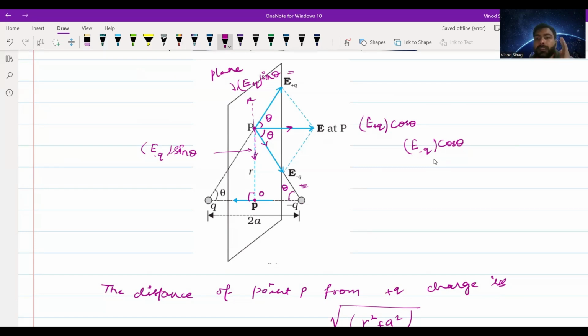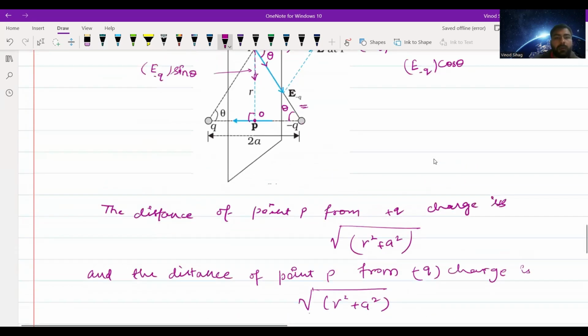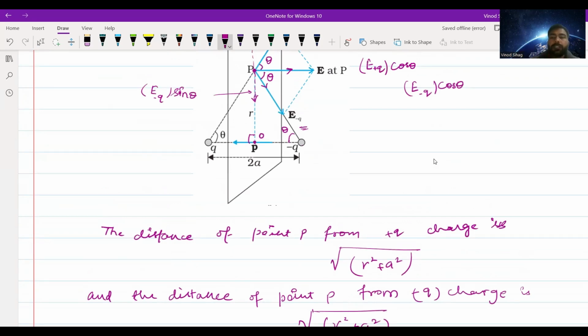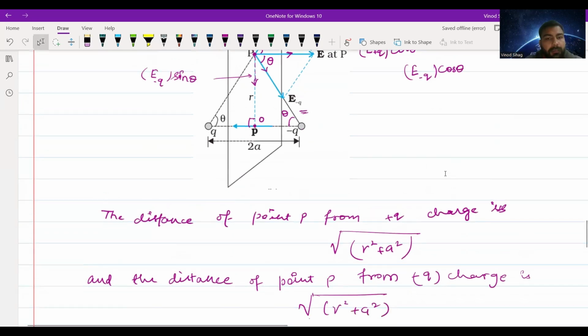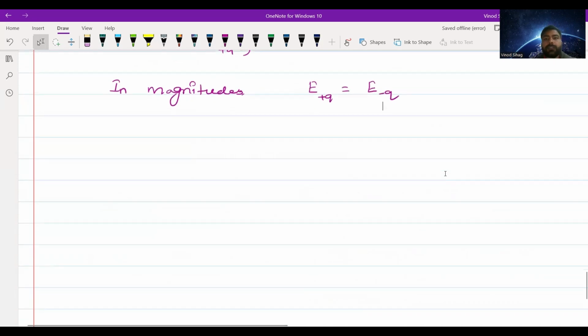That is why these components will be cancelled out, and only the components E plus Q cos theta and E minus Q cos theta are going to contribute in the resultant electric field at the point P। ठीक है, उस पॉइंट पे ये जो दोनों कंपोनेंट आए हैं वही उस पे कंट्रीब्यूट करने वाले हैं। ठीक है, ये चीज हमें ध्यान होनी चाहिए। ओके, एक चीज और यहाँ पे आने वाली है, बहुत इंटरेस्टिंग, वो मैं आपको बताऊंगा अभी। सो फर्स्ट ऑफ ऑल लेट मी राइट द पॉइंट्स।